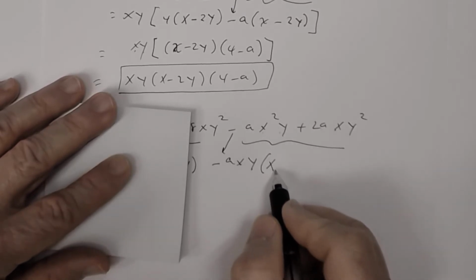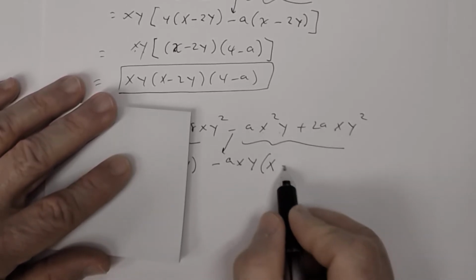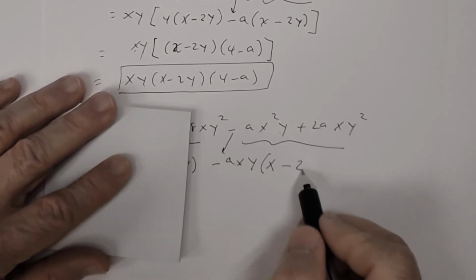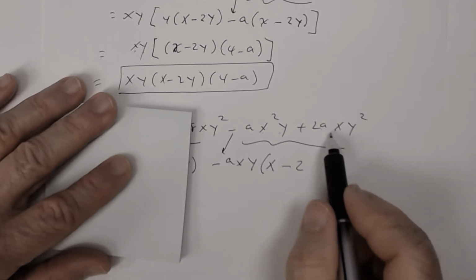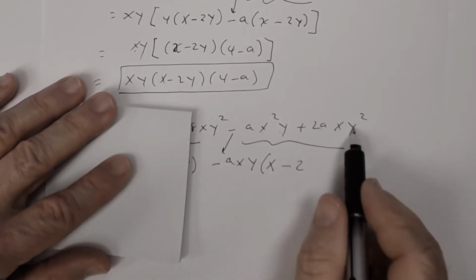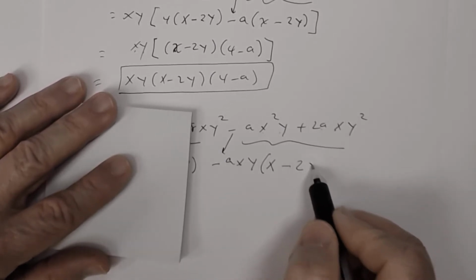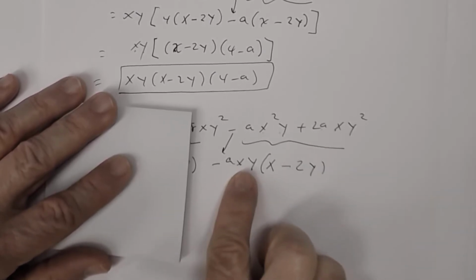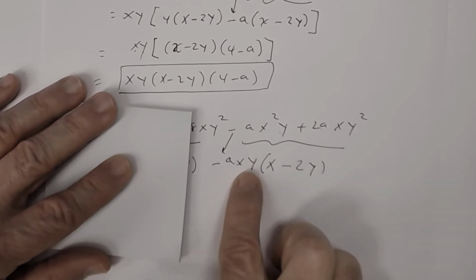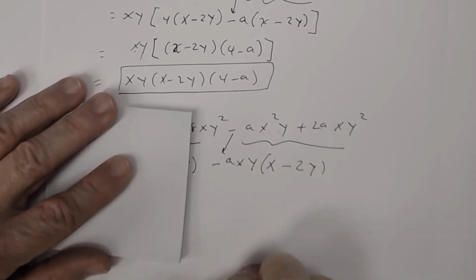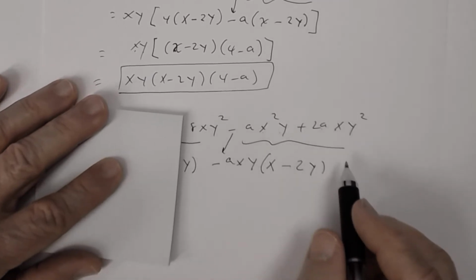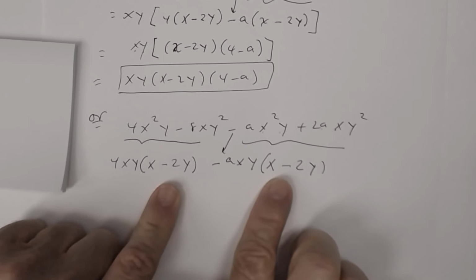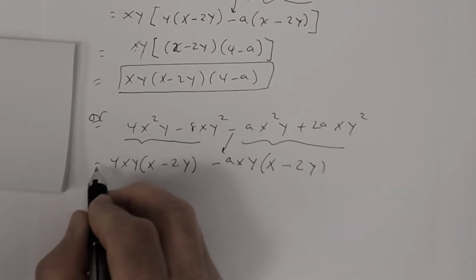Well, it's just x. A negative times a negative is a positive, so I need to put a subtraction symbol here. This is 2. I already factored out an a. I already factored out the x. There are 2 factors of y. I factored out one of them, so I need one of them. And always check. Axy, well, a negative times a negative is a positive, so axy times 2y is 2axy, and then y times y is y squared. Now I want you to notice that if you look at these two parts here, they both have x minus 2y in common. So I'm going to factor out x minus 2y,